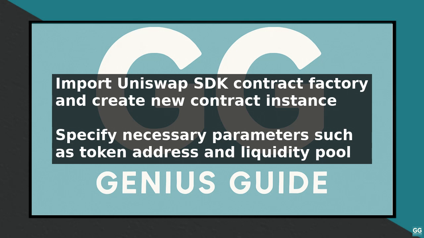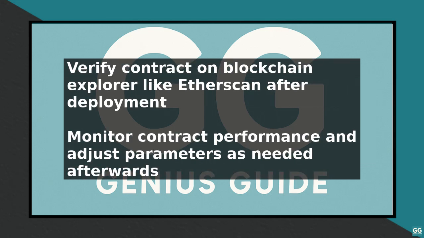Once the contract is deployed, verify it on a blockchain explorer like Etherscan to ensure it has been correctly set up and is functioning as expected. You can then use the contract address to interact with the Uniswap protocol and perform various actions such as swapping tokens or providing liquidity. Best practices for deploying Uniswap SDK contracts include using a secure wallet and following standard security